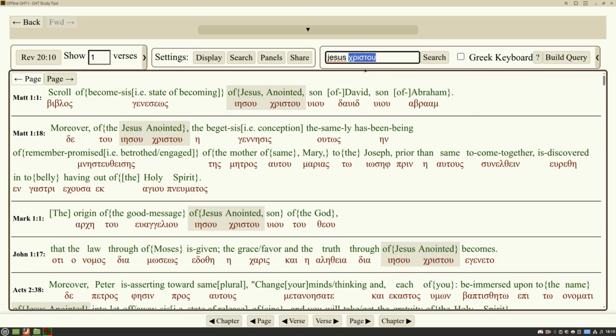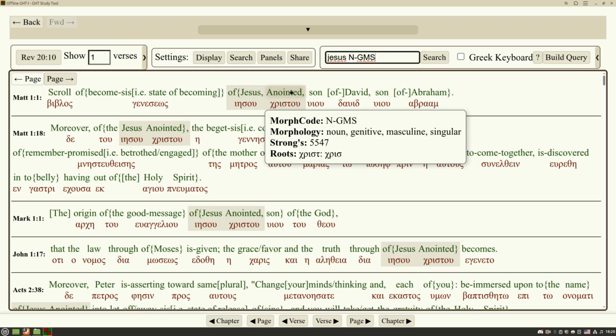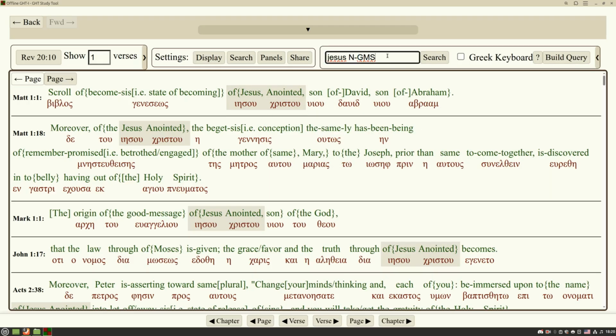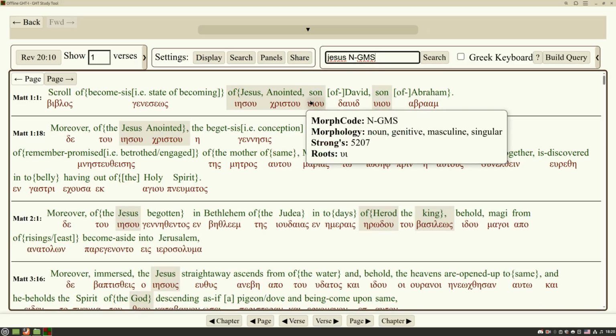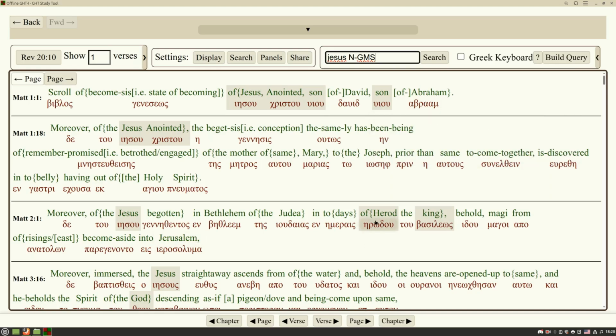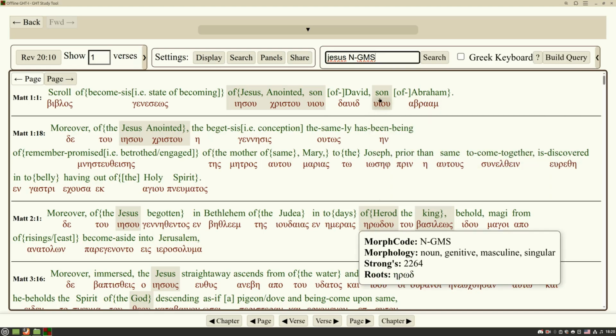Now, if you don't remember how to inflect words, you could also search for the grammar. You know that the word anointed is a singular noun in the masculine, so if you wanted to search for the genitive case, you could do that, and we're going to get the same results. Except now you've increased the amount of hits, because Herod is a genitive noun, son is a genitive noun,